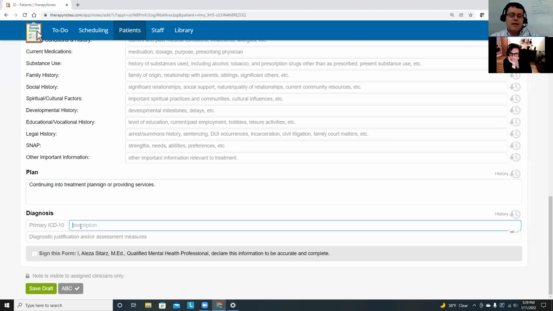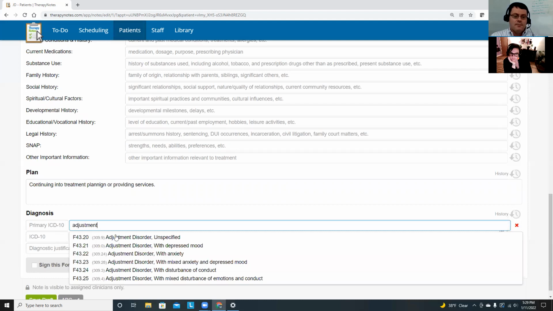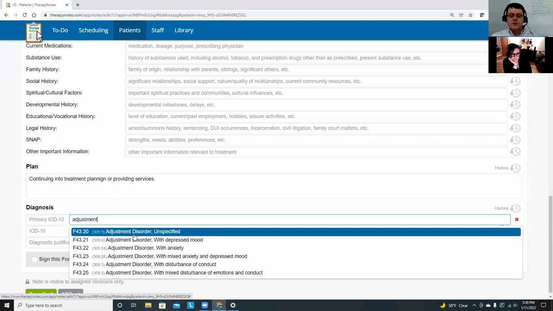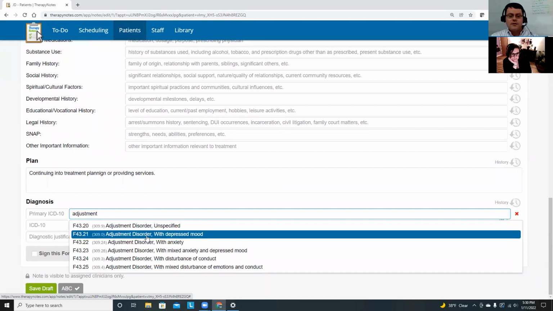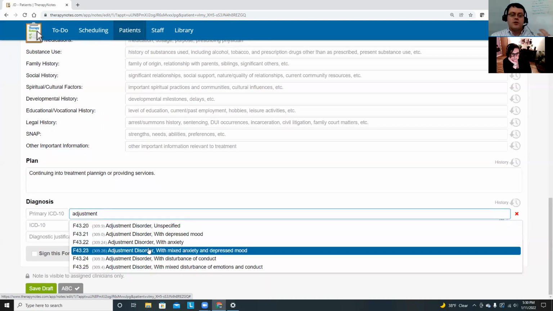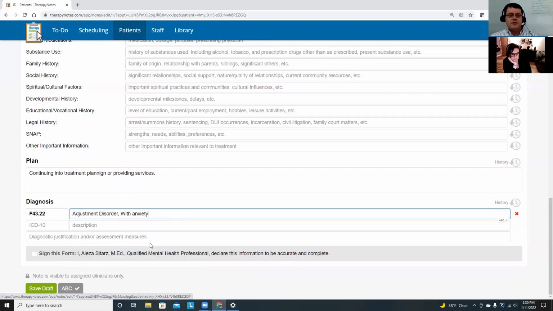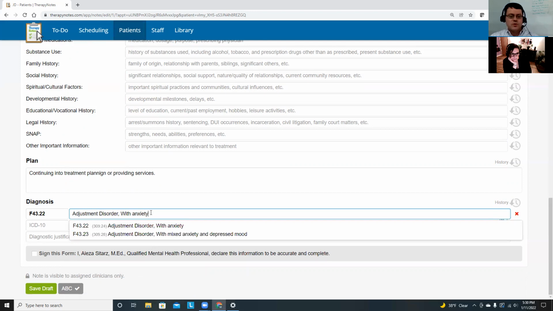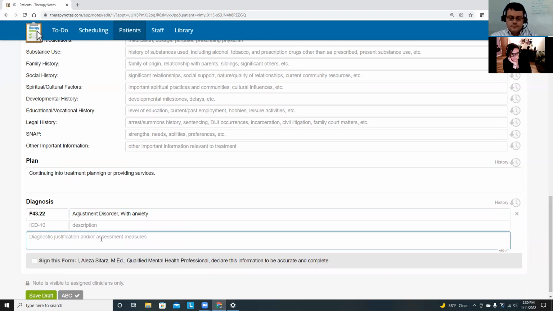In your diagnosis, you can find the code for this by just starting to type in what it is that's going on. So with this person, maybe there's certain stressors that might have contributed to this. And so you might then diagnose them with adjustment disorder with anxiety. Here, you want to give a diagnostic justification. This justification needs to read something like this, but you want to be able to give justification of why this diagnosis is true. And so the client is a 17-year-old